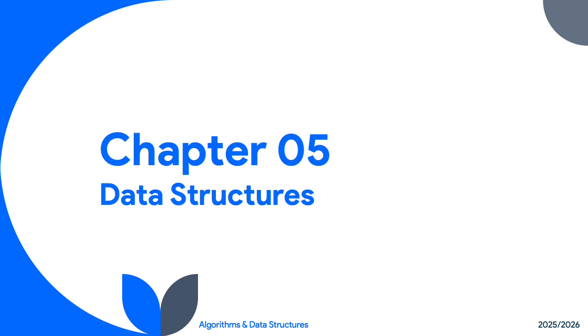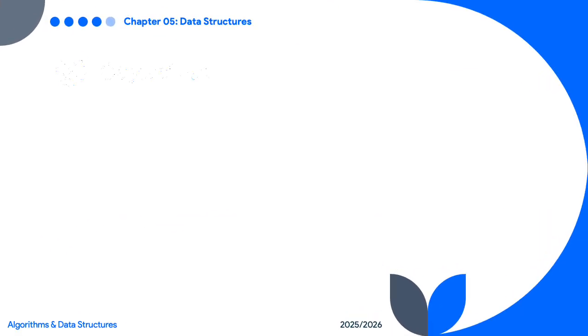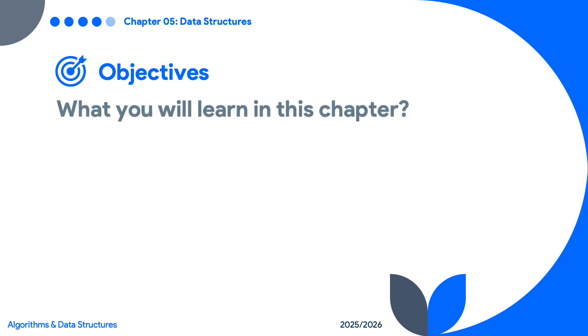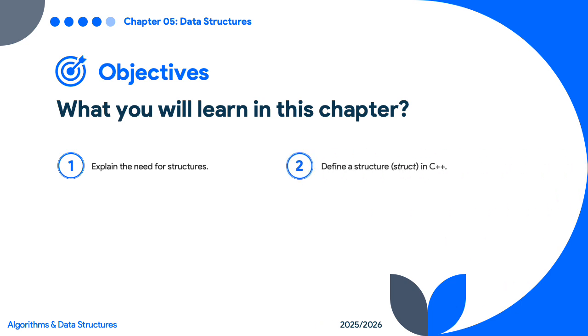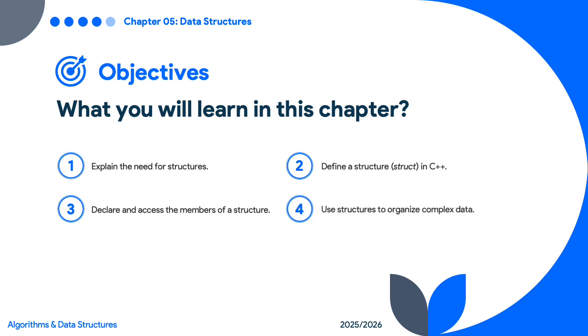Now let's move to the final chapter, data structures, which is a main part of this course's name. We had an idea about storing homogeneous data in the third chapter, arrays and matrices. Now, what if we have heterogeneous data, like the need to present a vehicle or a student and his characteristics using one single variable? As objectives of this chapter, you will have the ability to explain the need for structures, why using them, define a structure using the keyword struct in C++,